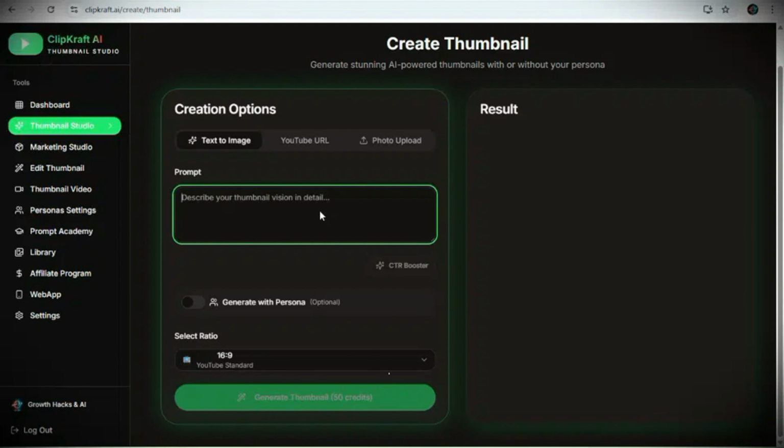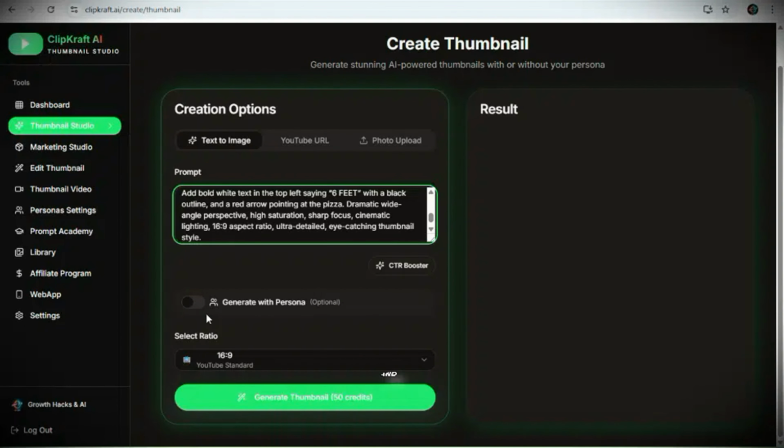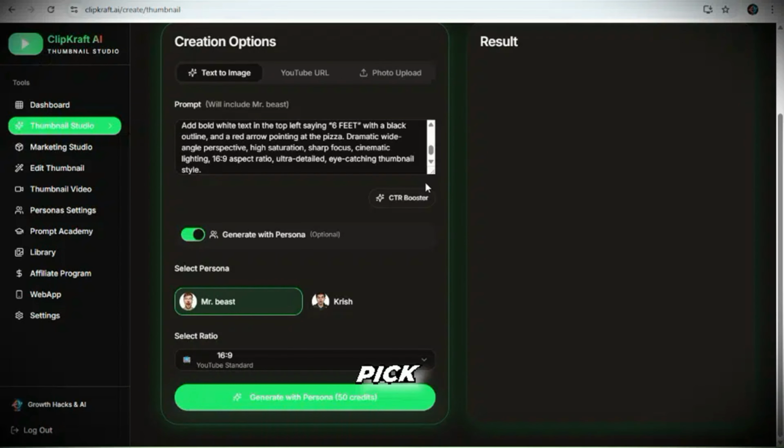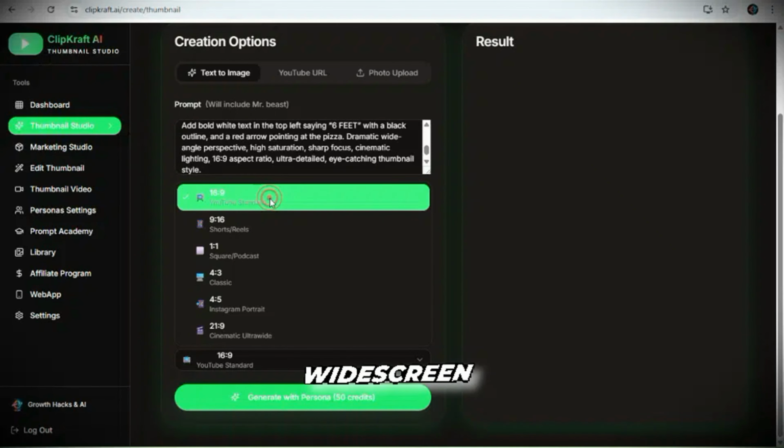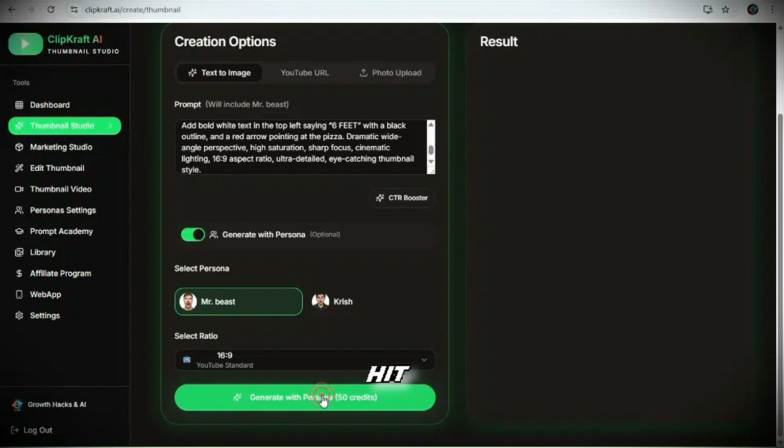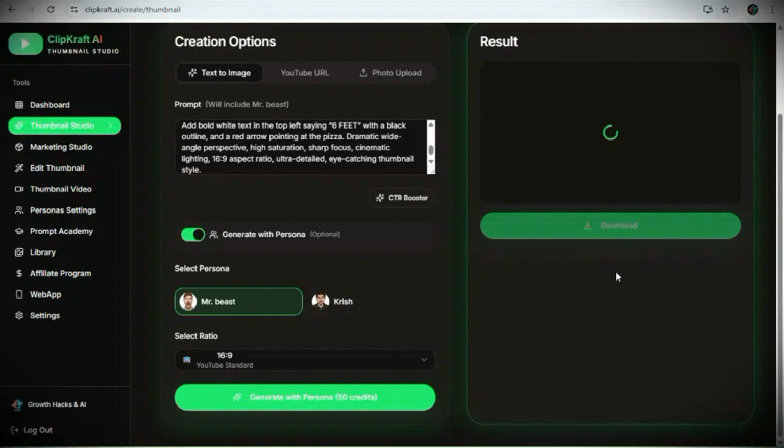If you can't think of what to type, don't worry, you can just upload a picture you already like. I have typed in my special prompt, and the website is asking me to pick a persona profile. I'm going to pick the profile we made for Mr. Beast. I will choose the normal widescreen shape that YouTube uses and hit the Generate button to make the picture. After waiting for a few seconds,